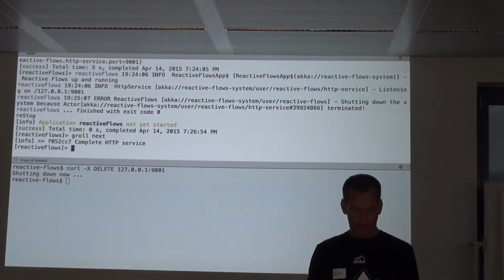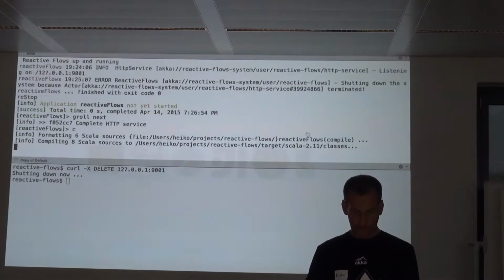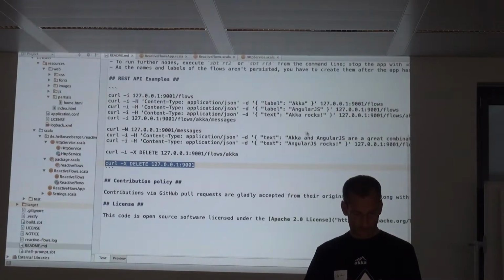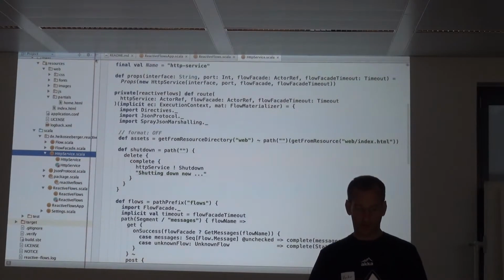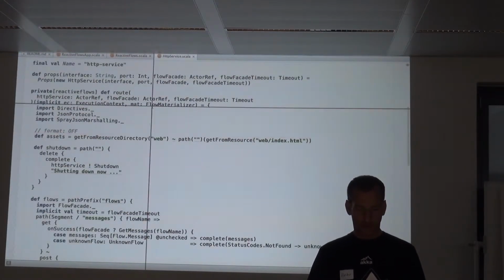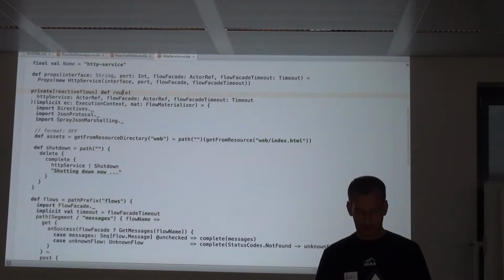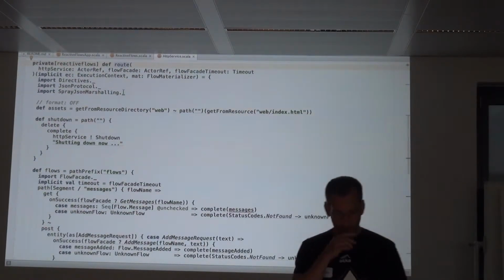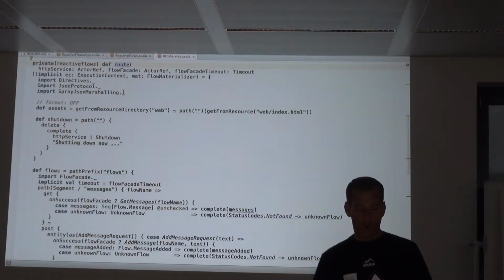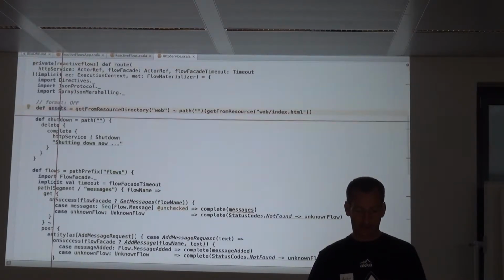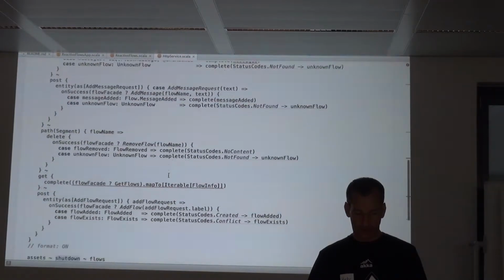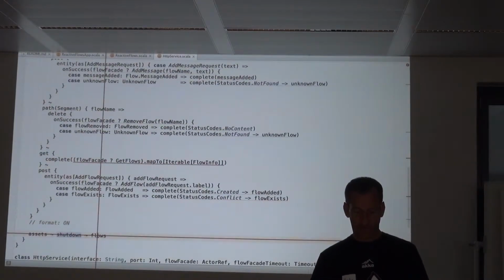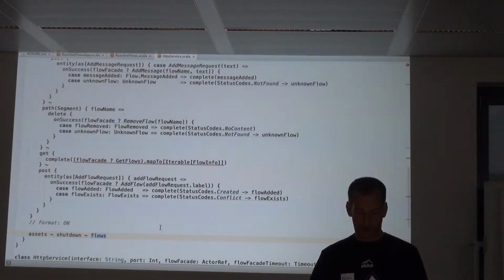So this is the complete HTTP service. I think the HTTP service has become much more interesting than before. If you look at the route method here, let me scroll it up for you, you have more than just the assets and the shutdown. What you have now is quite a bit of code. You have the flows in addition.